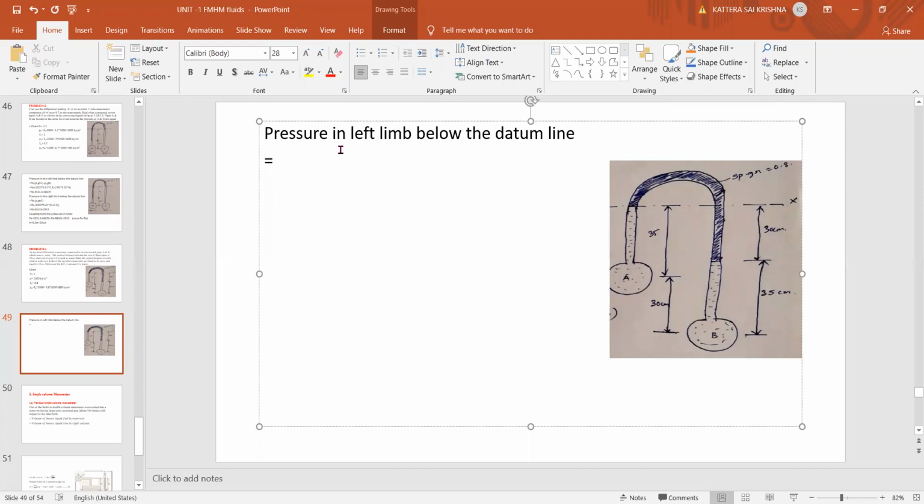Yes, 2 pressures. Very good. One is PA and one is because of this head of 35 centimeters. I think only 1 minute time is left before the session ends. Please join immediately. Okay. So PA